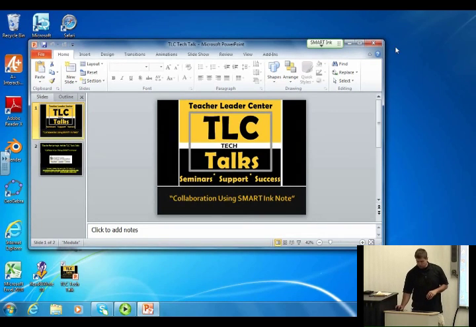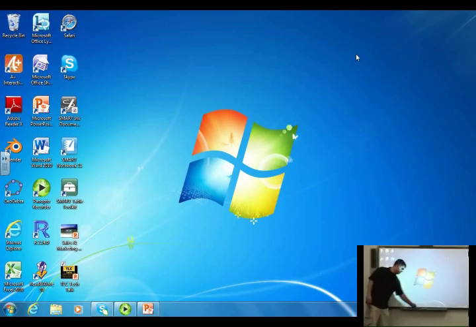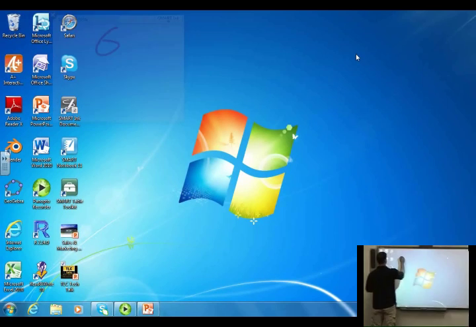So, to get started, I will close out of all the windows that I have here on the desktop, and you'll see that the smartboard is ready to go. And the first thing that I'll do is just pick up a pen. Every smartboard typically has a tray in front of it with 4 different options for different colored pens and an eraser. I will just choose the red pen, for example, and I will just start to write